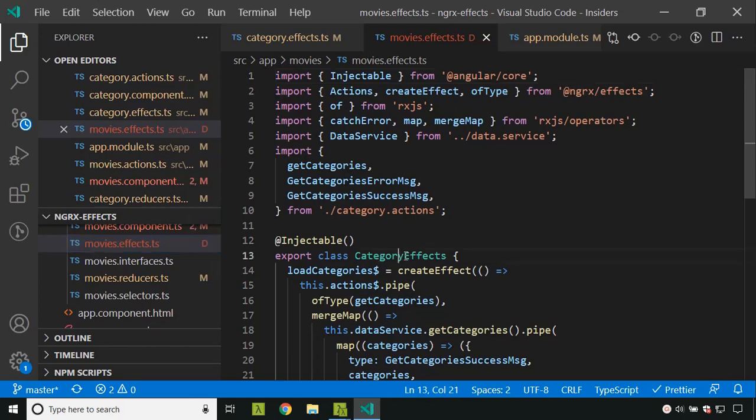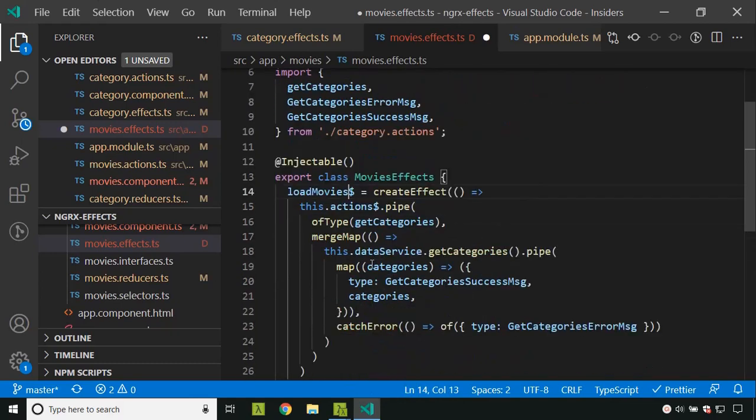Now we can remove all the references here. So I am renaming it as movies.fx, load movies, and here it will be of type get movies, and I need to call the get movies API,